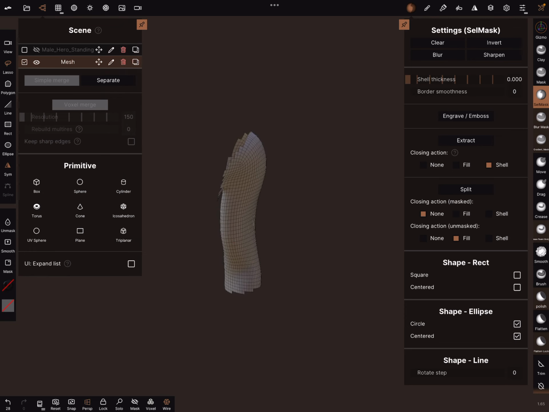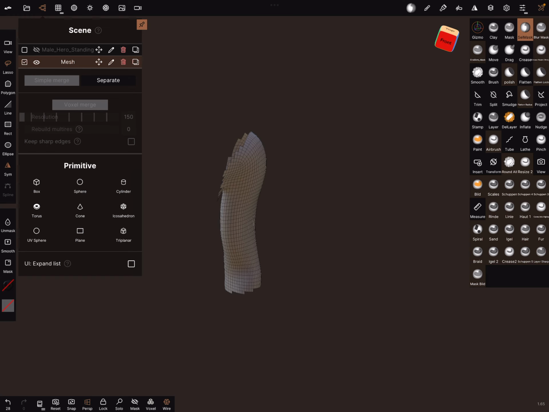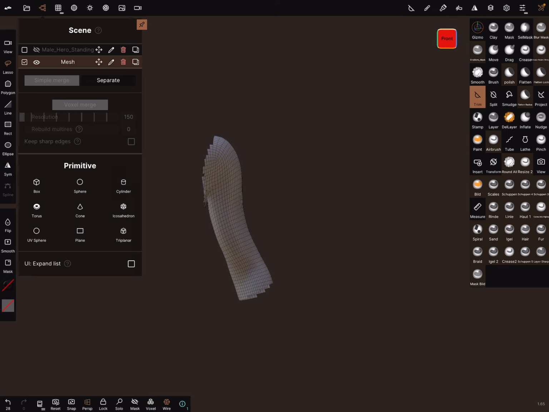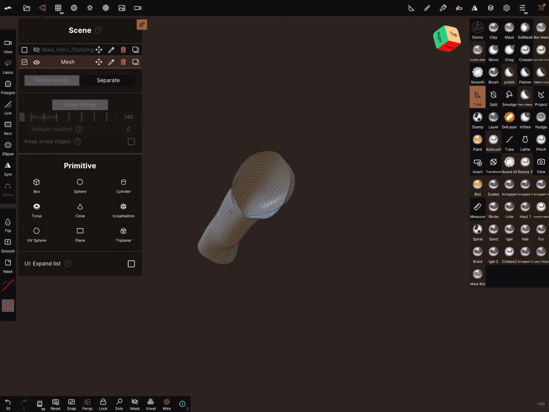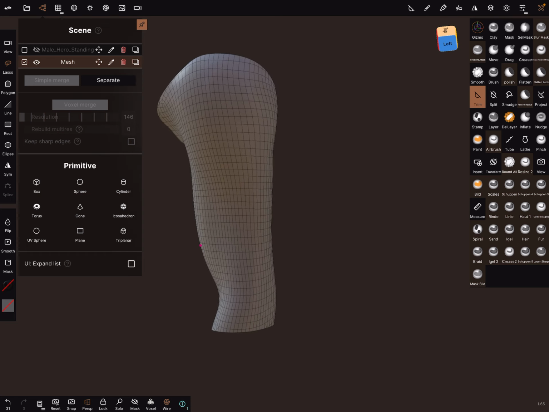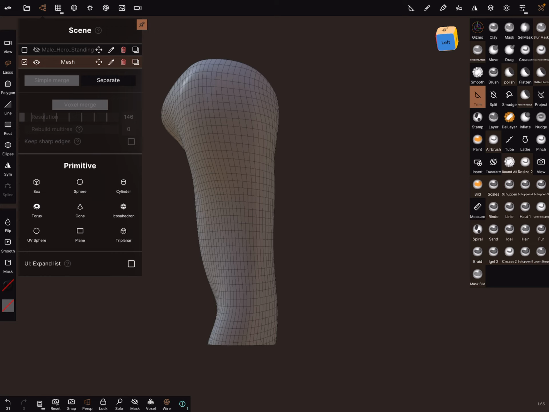And now we can work on this part only. We can use the trim function. Hole filling is off, symmetry off, and trim it a little bit sharper. Lasso tool is okay, and like this. Now we got our part here. This is our working plane.